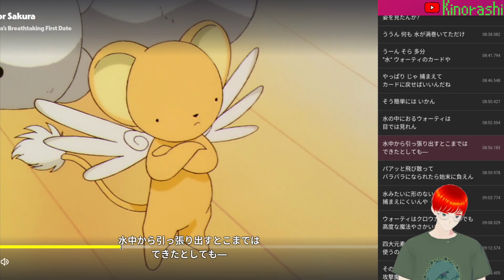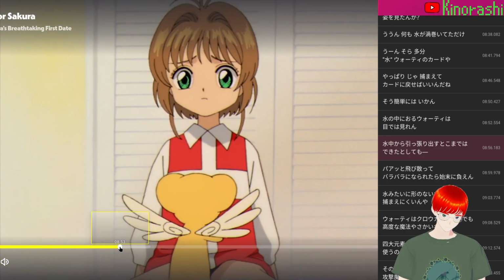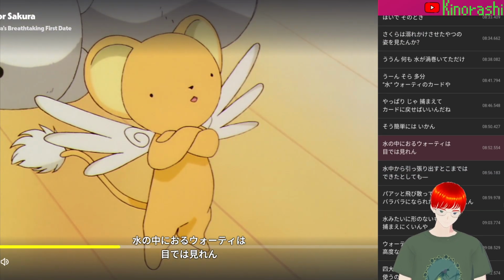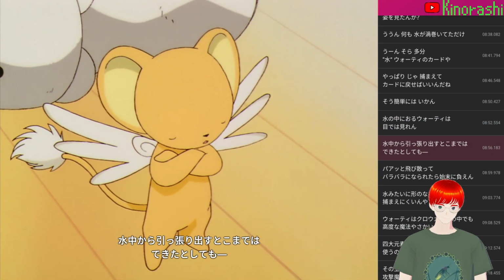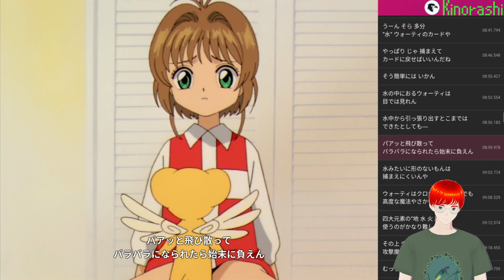から引っ張り出すとこまではできたとしても、中におるウォーティは目では見れん。水中から引っ張り出すとこまではできたとしても、パーッと飛び散ってバラバラになられたら始末に終